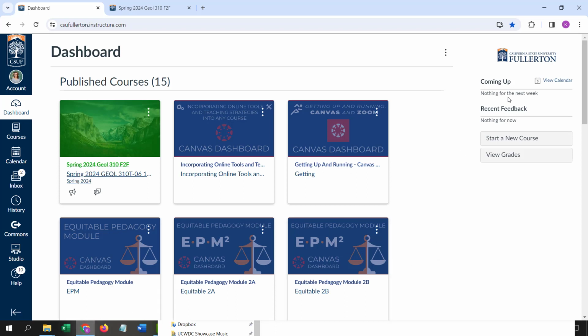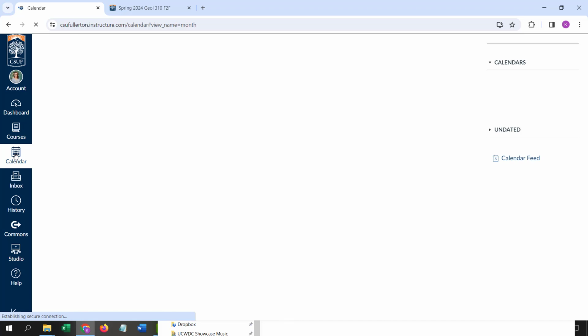First, under this Coming Up section, they'll have a list of things that are going to be due for their classes. They also can go to the calendar, which they can access here by clicking View Calendar, or on the left-hand side by clicking Calendar there. And they're going to have a bunch of classes,